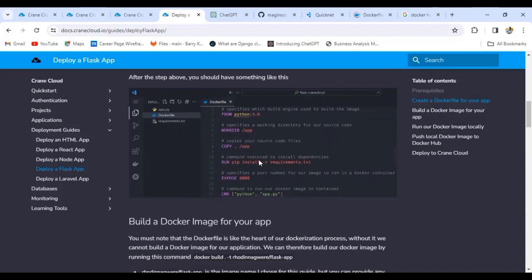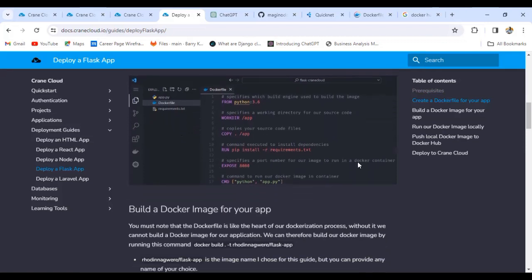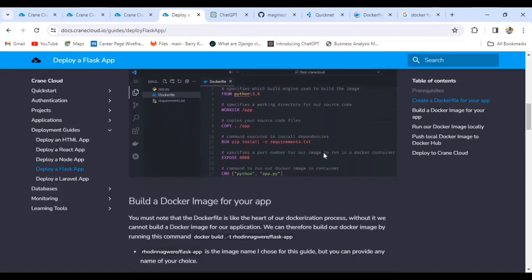And then we have exposing the port so that it's easily displayed. Also, it can be displayed on Docker itself, on the image, on the port. Then you have the CMD where we have python app.py. So here,